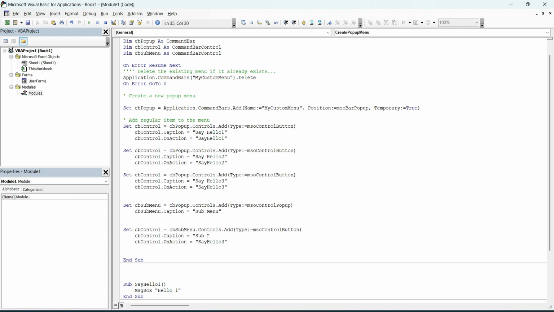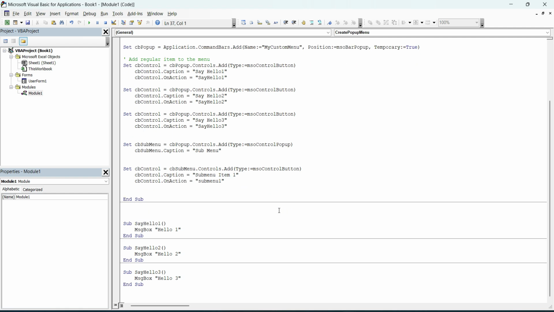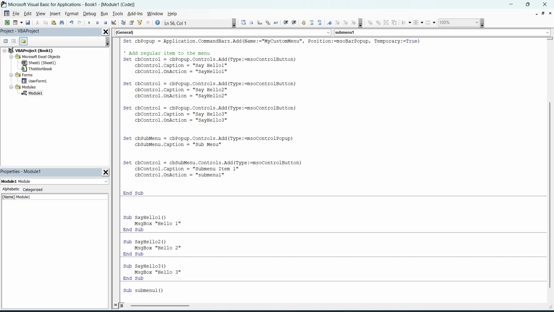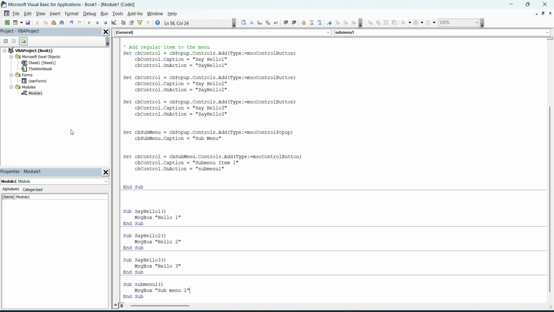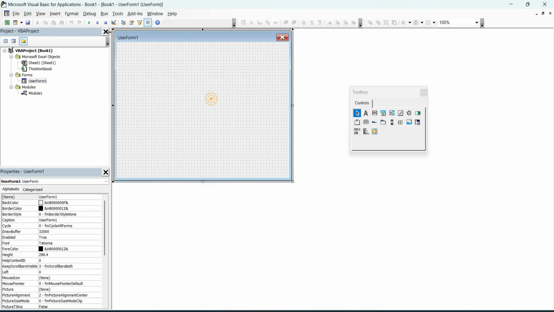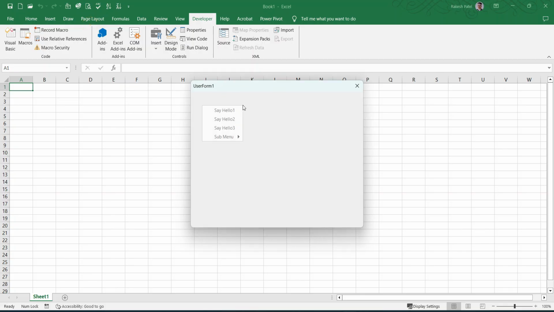Let's say submenu item 1, and let's update the procedure submenu 1. Okay, and let's create the procedure also, submenu 1, and let's say MsgBox submenu 1. That's it. Let's give it a try and run.